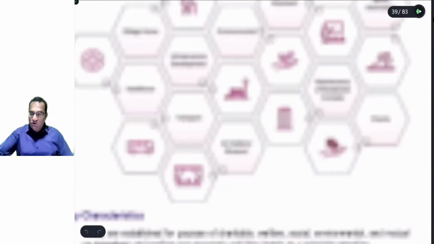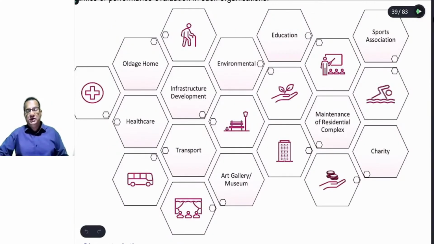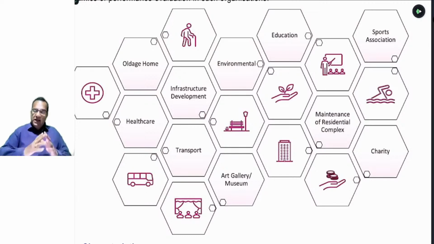It includes not only the charitable organization, but it also includes those organizations which are working only and only for the benefit of its registered member. Their target is not to earn the profit. Although they are collecting money from the member, but that purpose is to serve its member properly. तो एक तो है बहुत ही general that we are serving the society, we are protecting the environment, while the other organization are although not charitable one, although not benefiting the society, but they are formed to provide benefit to